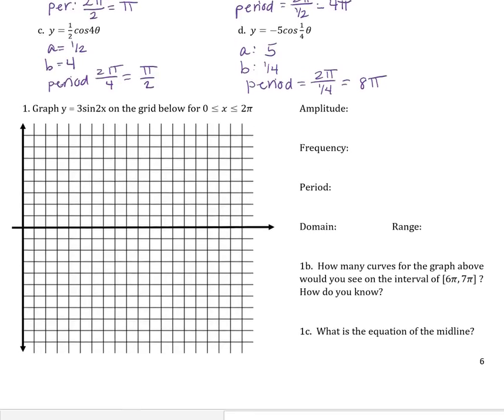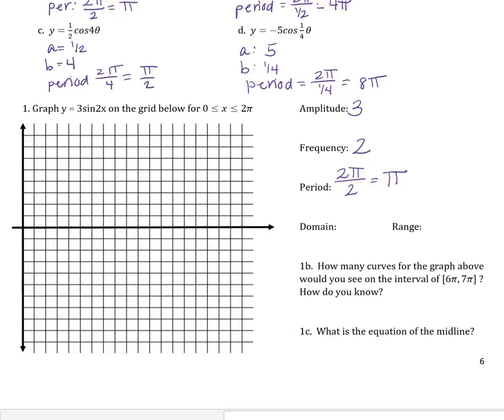So now we're going to look at graphing this. I want to graph the function y equals 3 sine 2x. So first let's list some information about this graph. The amplitude is 3. So that means sine, instead of oscillating between 1 and -1, is going to oscillate between 3 and -3. The frequency is 2, so that means between 0 and 2 pi, you will see 2 full sine curves. And the period, so how long it will be to see one full sine curve, is 2 pi divided by the frequency of 2,